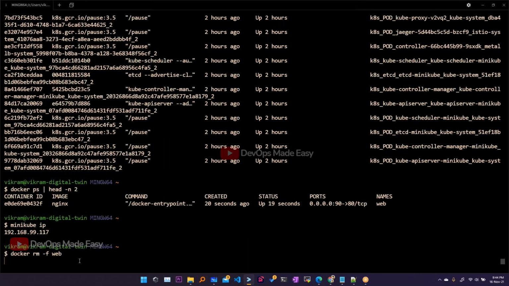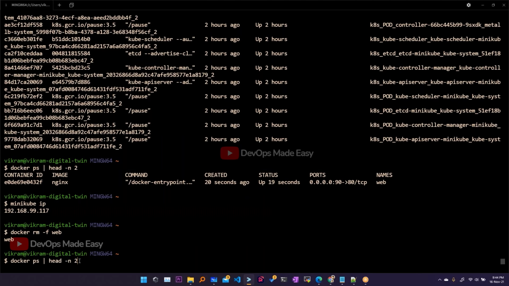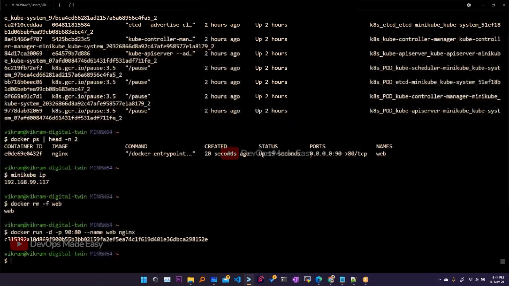Now instead of running on port 90, I'll show you one thing. First one container I've run on 90. If you run the same command with a different container name, because the same container name should not exist, so I'm changing the container name to web2, but I'm using the same ports.